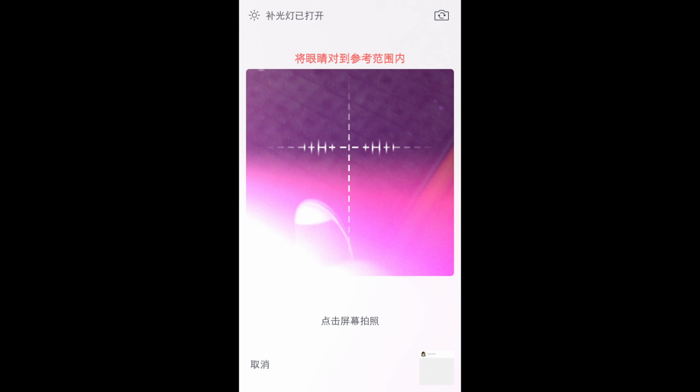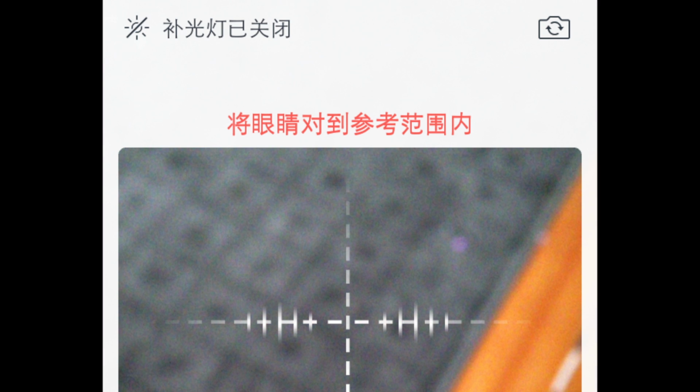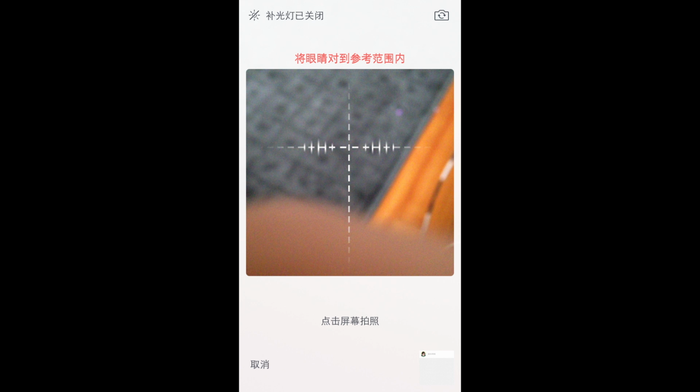And so once you hit that, you will be taken to this screen, and the little upper left hand sun will be there, and your camera's light will be on, because this app likes it when you take really bright photos. Well, I hit it with my finger, and you can see the sun is struck through in the upper left hand corner, and now it's turned off, and now I'm ready to take a photo